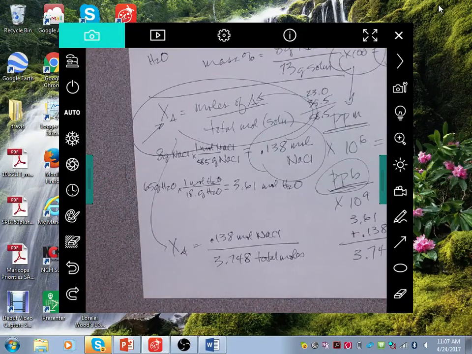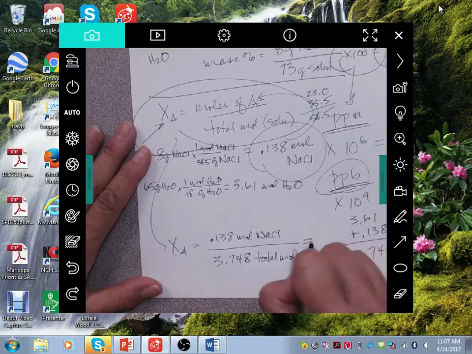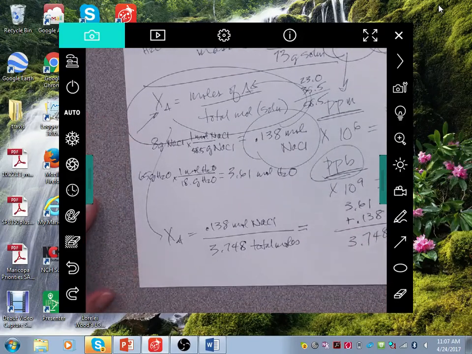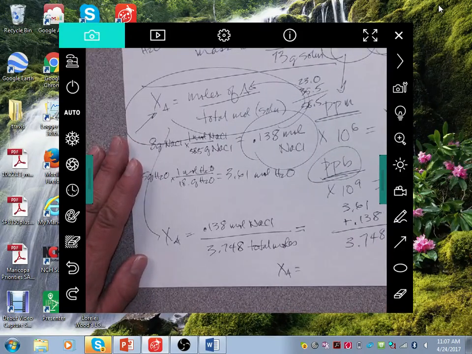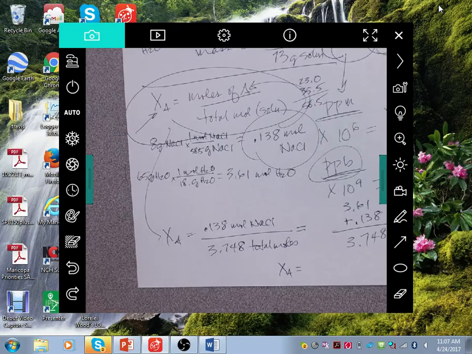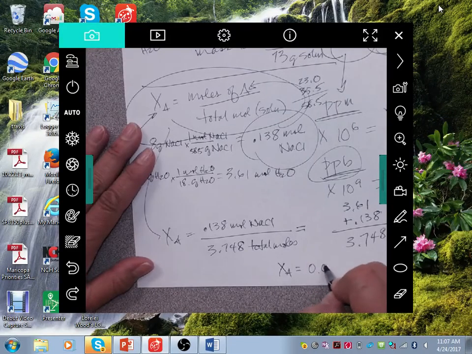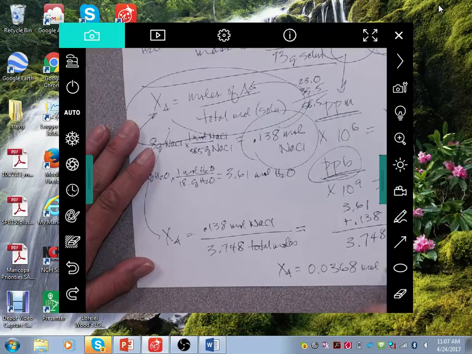And you don't multiply it by 100 because it's not a percent. It's some fraction out of 1. That's what a fraction is. It's comparing it out of 1. So somebody with a calculator, it's 0.138 divided by 3.748. Okay, so that's mole fraction